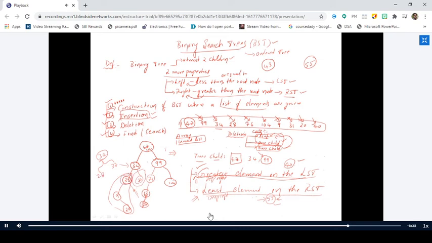Now you tell me the case where I want to delete 99. What are the two best elements? First you have to memorize the things, right? The best elements are, you have to find the greatest element in the left subtree, or you have to find the least element in the right subtree. How do you find the greatest element? You have to go deep right from the first node of the left subtree. How do you find the least element? You have to go deep left from the first node of the right subtree.